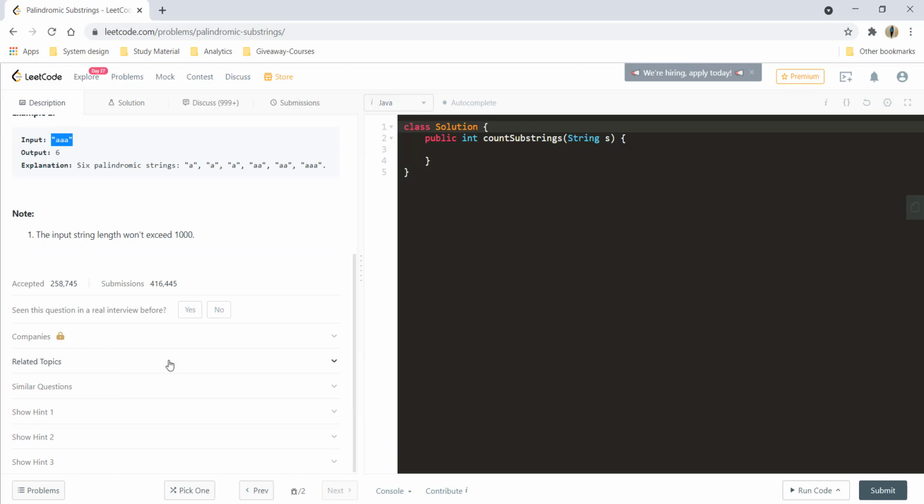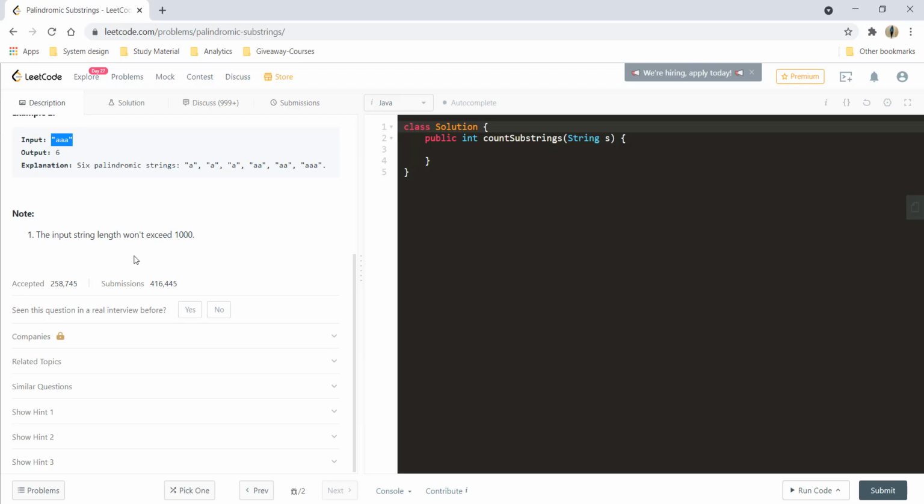The first approach would be a brute force approach, wherein you loop and check the substrings of all lengths. You can have n times (n plus 1) by 2 different substrings from a given string, and you will have to check all those combinations and find out whether they are palindromic or not. If they are palindromic, then you add them to your count.